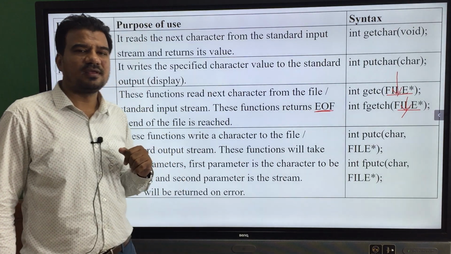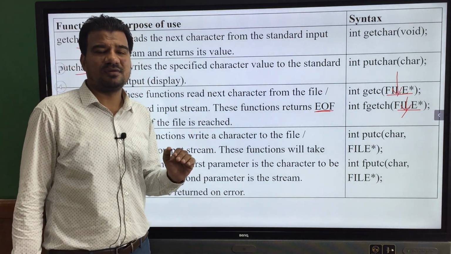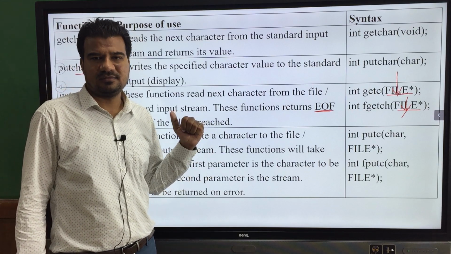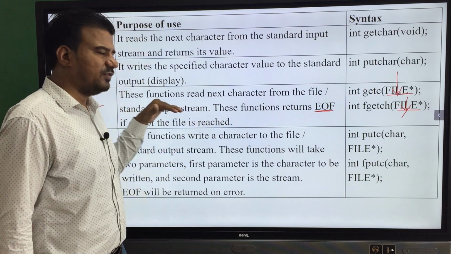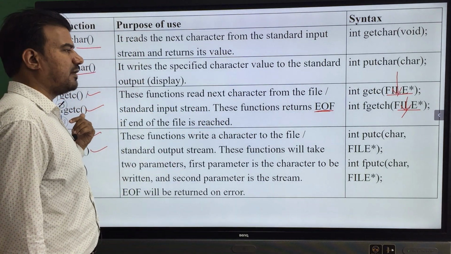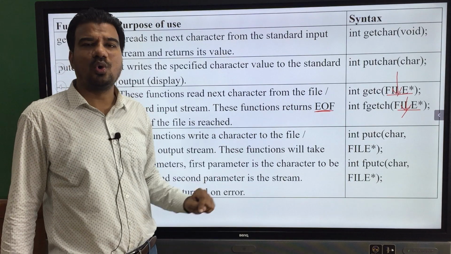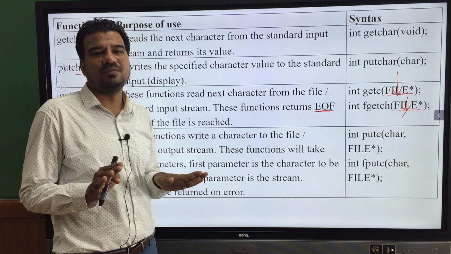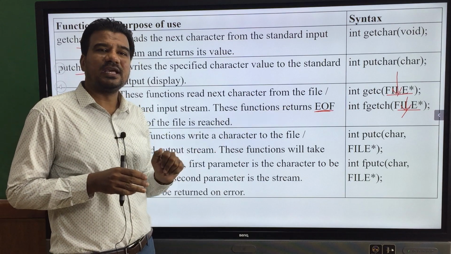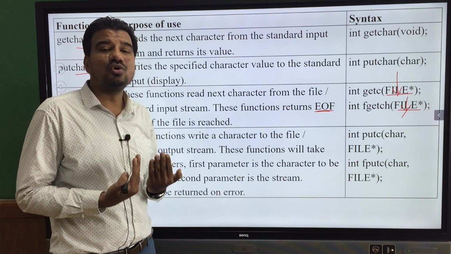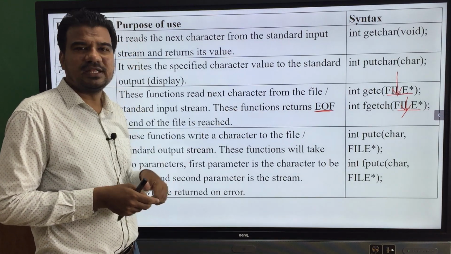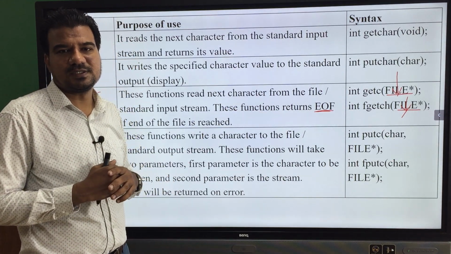End of file is nothing but the last character or the closing point of your file, isn't it? So if getc and fgetc read this EOF, they will immediately stop the reading process, because by reading that EOF character they will come to know that they have reached the end of the file.